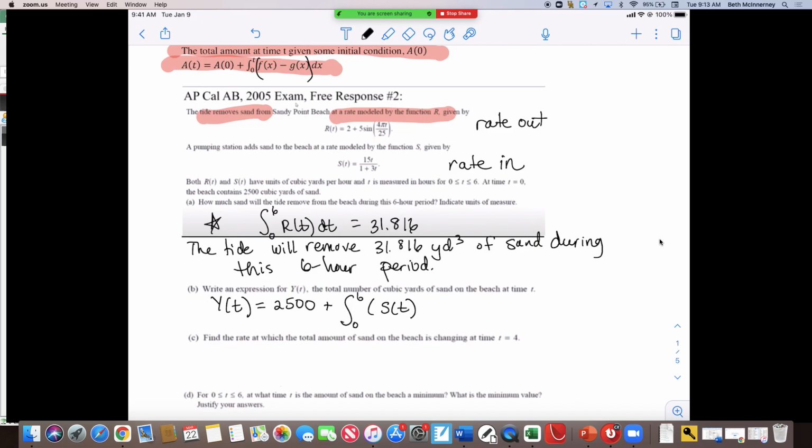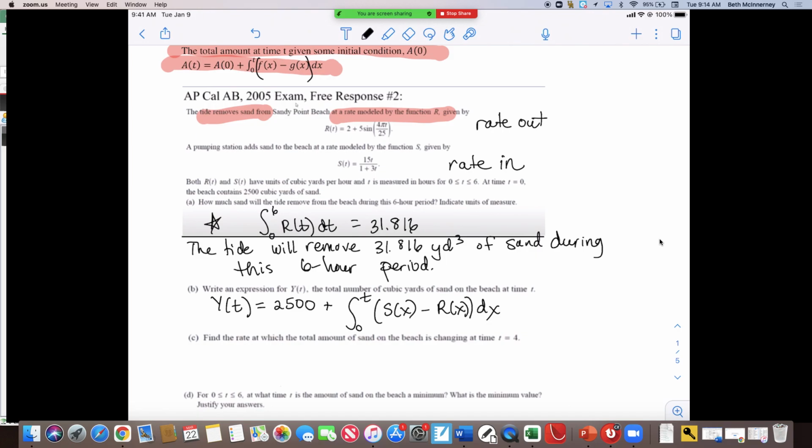Oh, whoops, wait a minute. Let me change this a moment. They wanted me at time t, sorry. So I'm going to go 0 to t. Now, I cannot add, and I just caught myself. You can't have it go 0 to t and then put S of t and R of t, because then you don't know which t's we're doing. So I am going to just change that to S of x minus R of x dx, because then you're going to put the t in, is where you're going to evaluate it. So there is my expression that would represent the total number of cubic yards of sand on the beach at